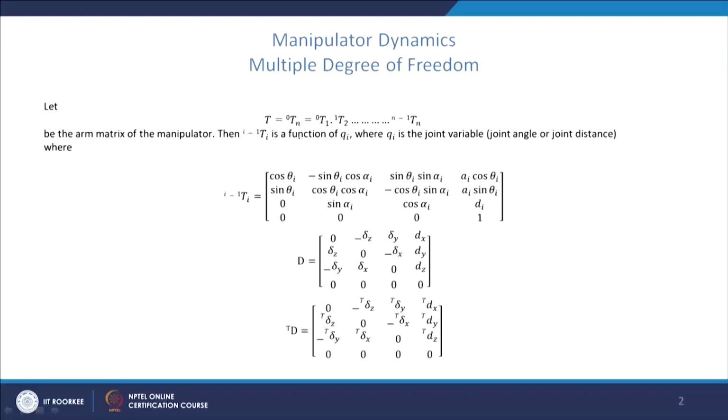Here we consider a general n degree of freedom manipulator whose arm matrix is written as 0Tn, which is the product of 0T1, 1T2, etc. In general, (i-1)Ti represents the coordinate frame of the ith joint with respect to the (i-1)th coordinate frame. So, if you consider a general robot manipulator with n degrees of freedom,